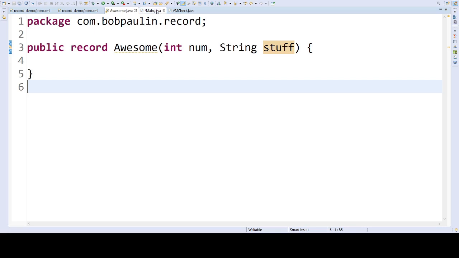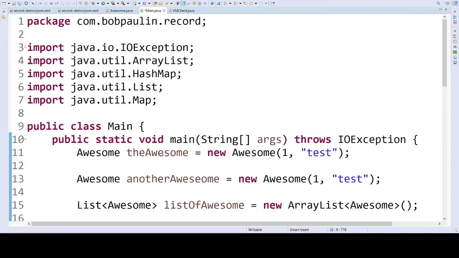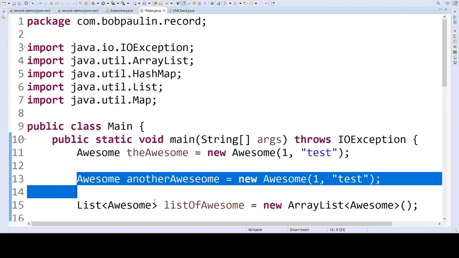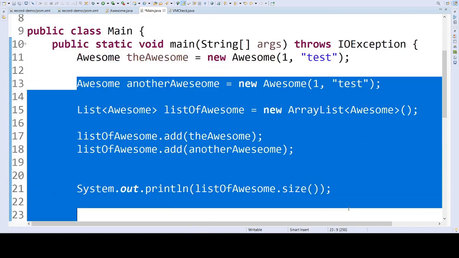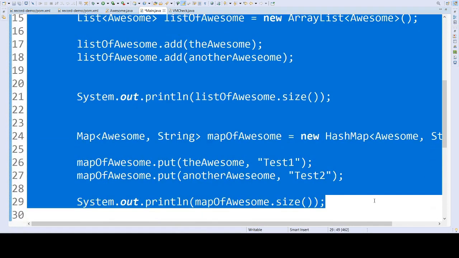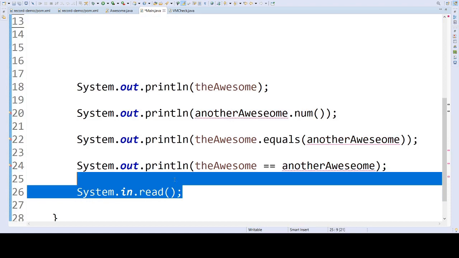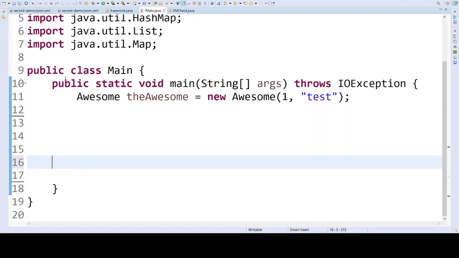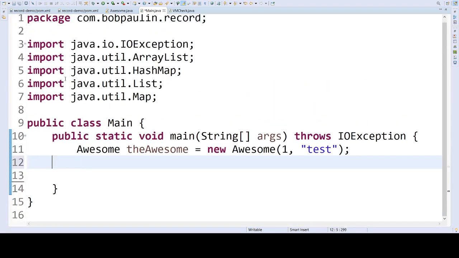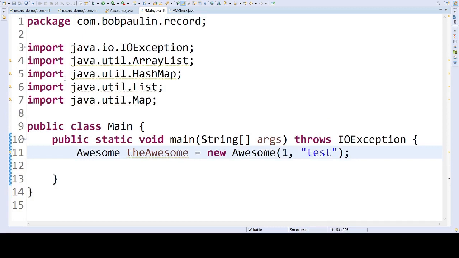So if I were to go in, and here I have just a main method. Let's actually see the instantiation of a record. If we look at how I use my awesome record, it looks very much like a constructor of a class, right?